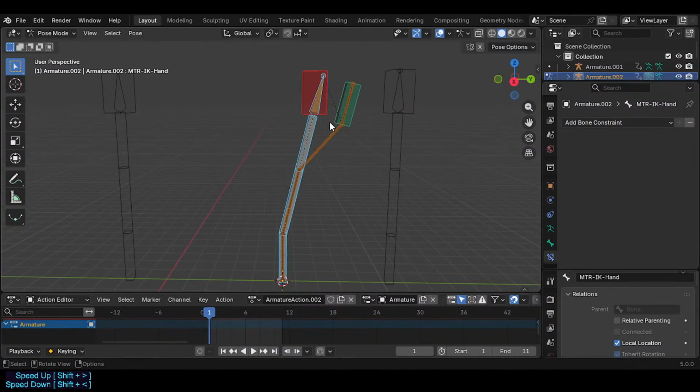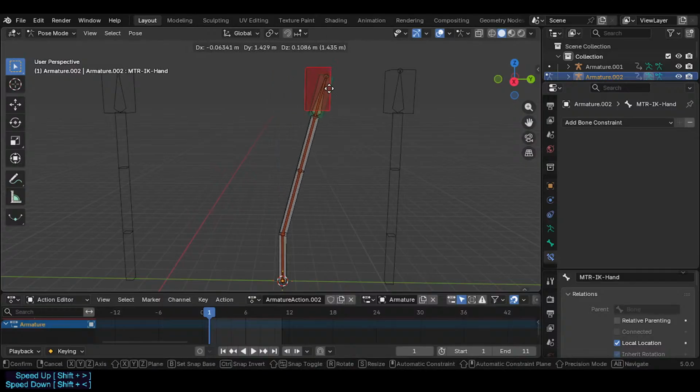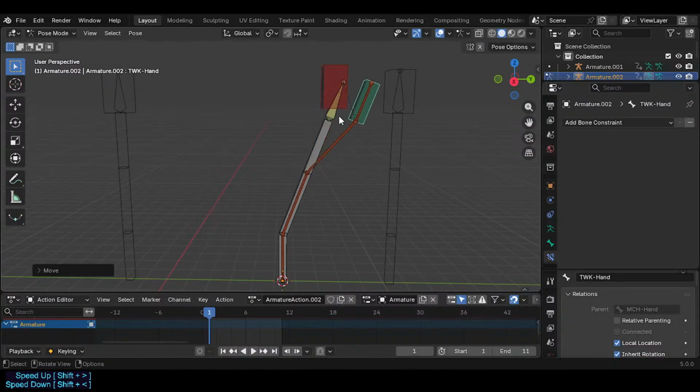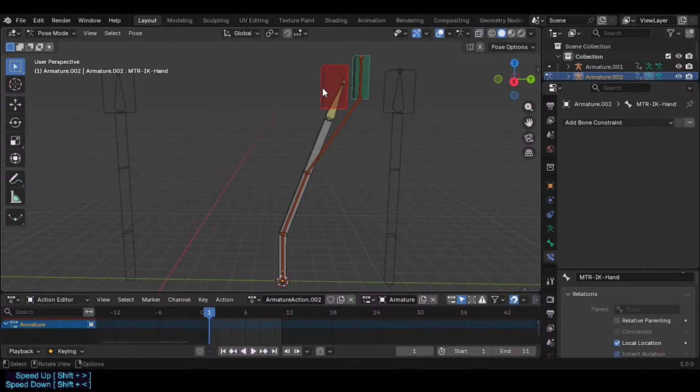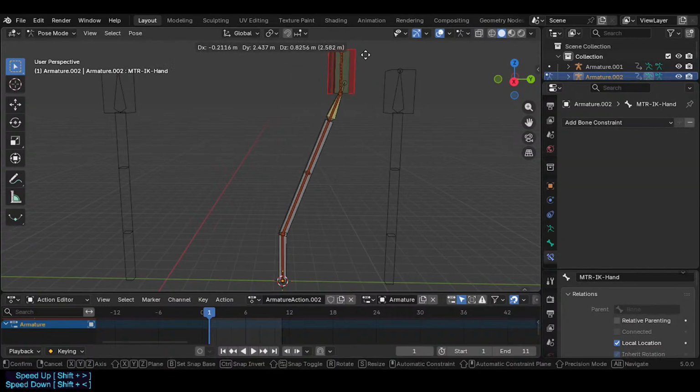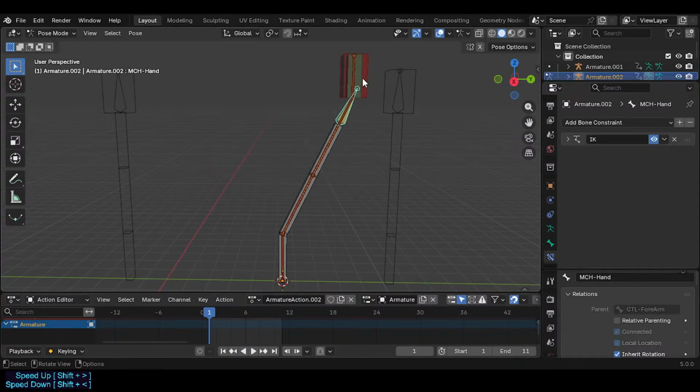So I'm considering, what if we... It probably should also not work. Like, what if we parent it here and then we add a bone constraint? And this will do the bad thing, right? But let's see. Oh no, I can't target this, of course. Oh no, I've changed. Yes, I can target, so